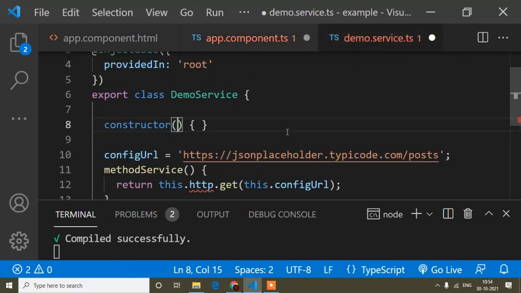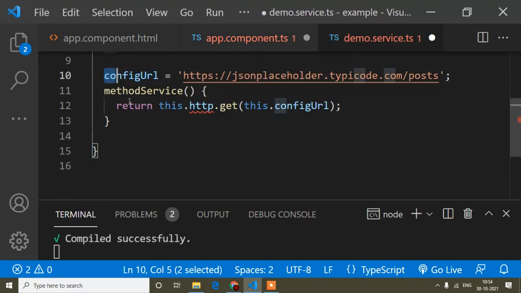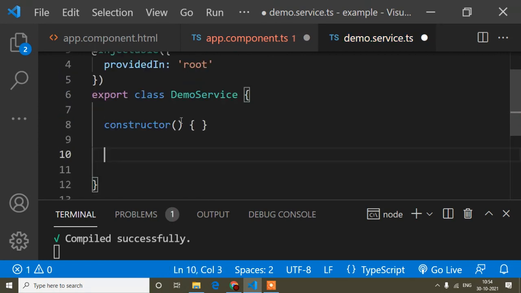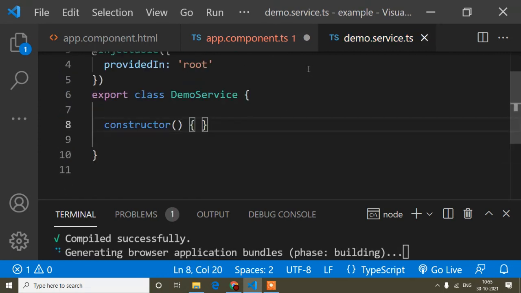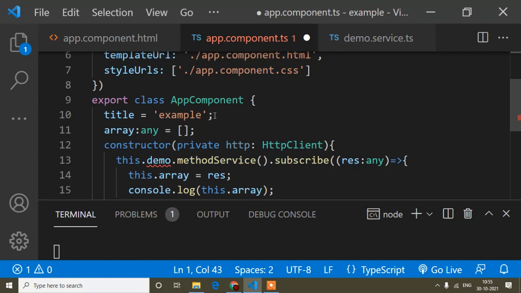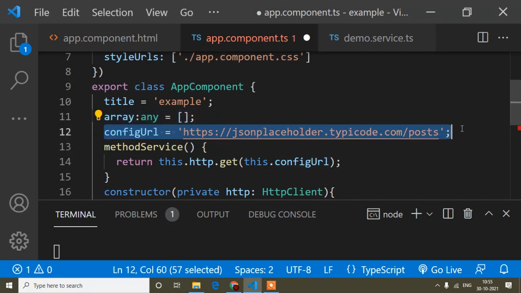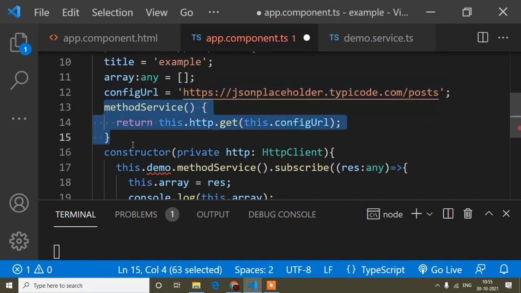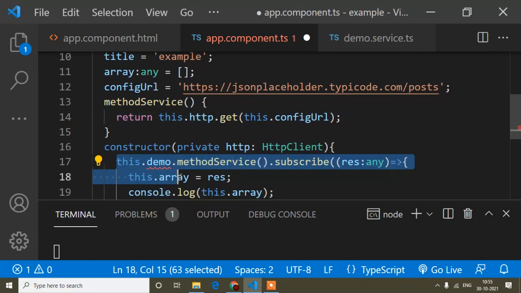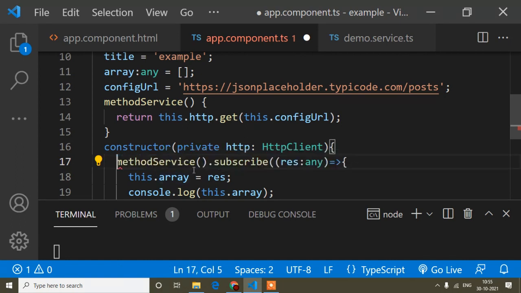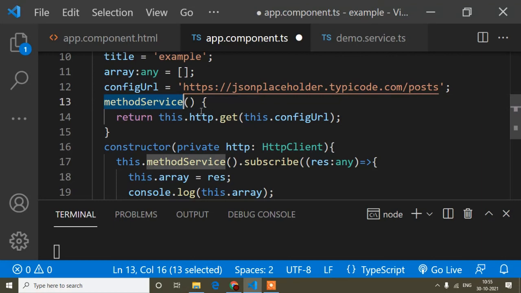Okay, and now this thing I will cut from here. So now I'm not using the service. Okay, so now here I will write this, the same thing whatever I had written in the service. Okay, so now I will not write this.demo because I am not using the service. So simply I will write this.method, because this method is now in the same TS file.